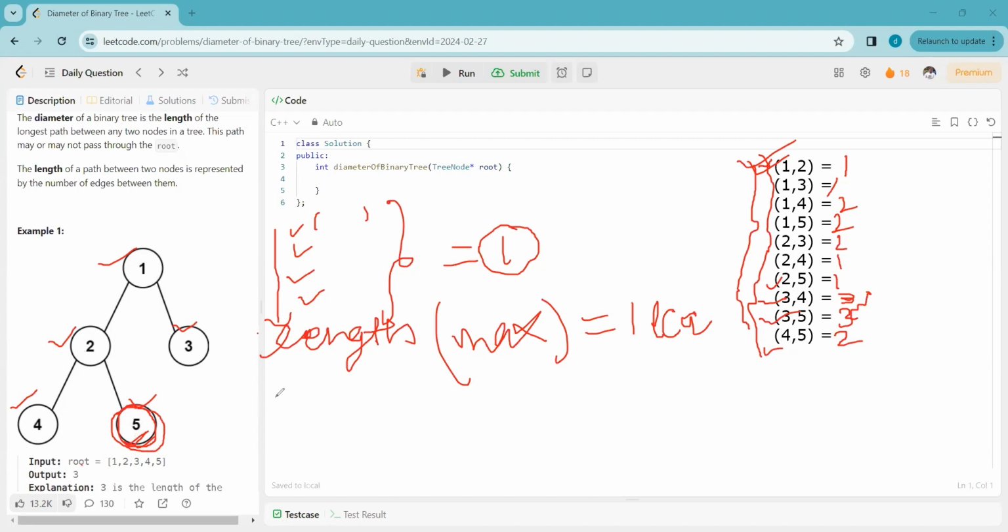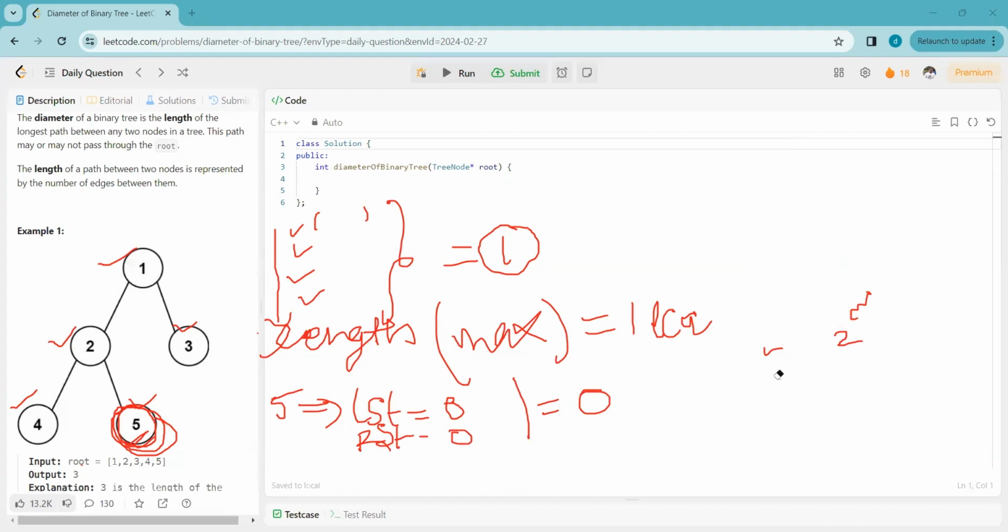So for 5, we can see in the left subtree the maximum height of any node is 0, as well as in the right subtree it is 0. That means the maximum length of any pair of nodes which contains 5 as the lowest common ancestor is 0. In the same manner,